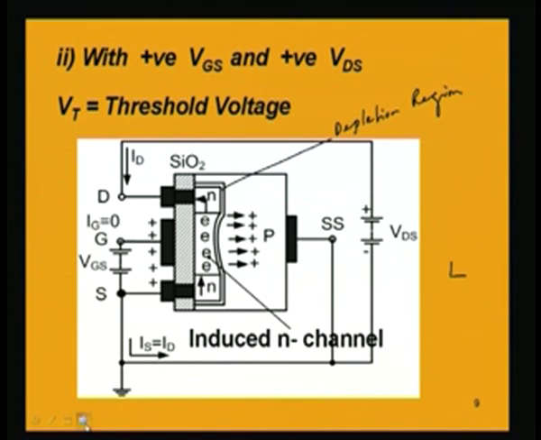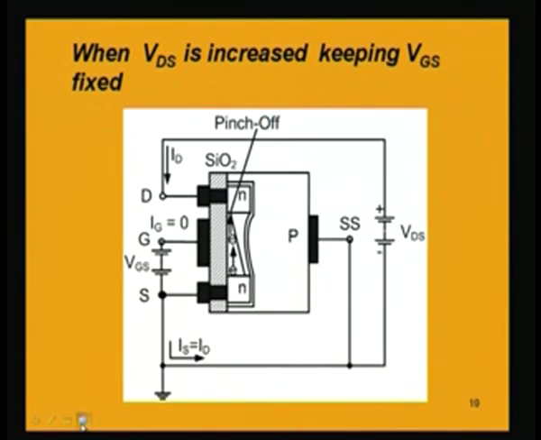Now, let us now go on increasing the drain to source voltage, keeping VGS fixed. We are now not changing the gate to source voltage, but we are increasing the drain to source voltage. Now, what will happen? When you increase the drain to source voltage, the width of the channel will be changing, because